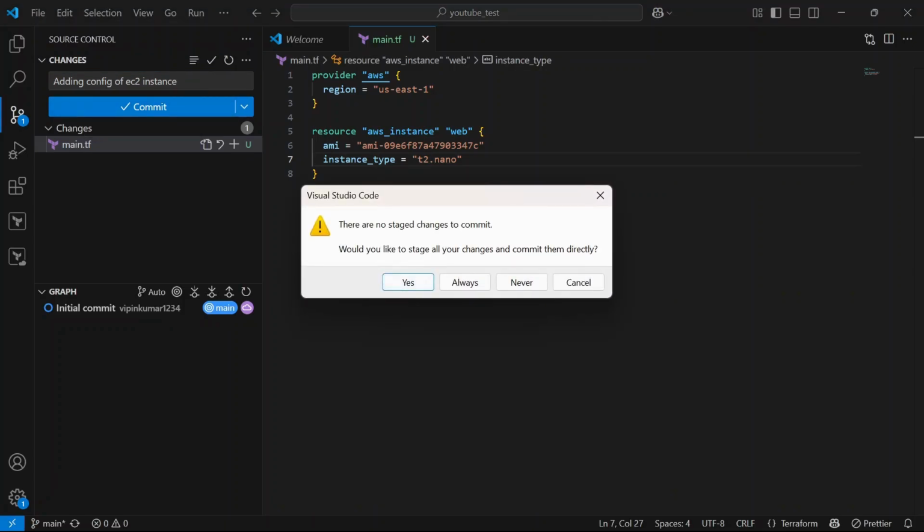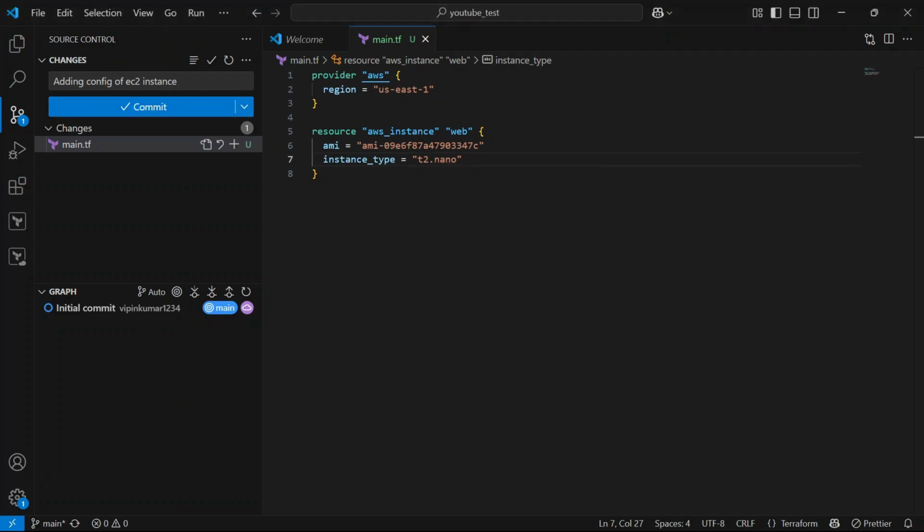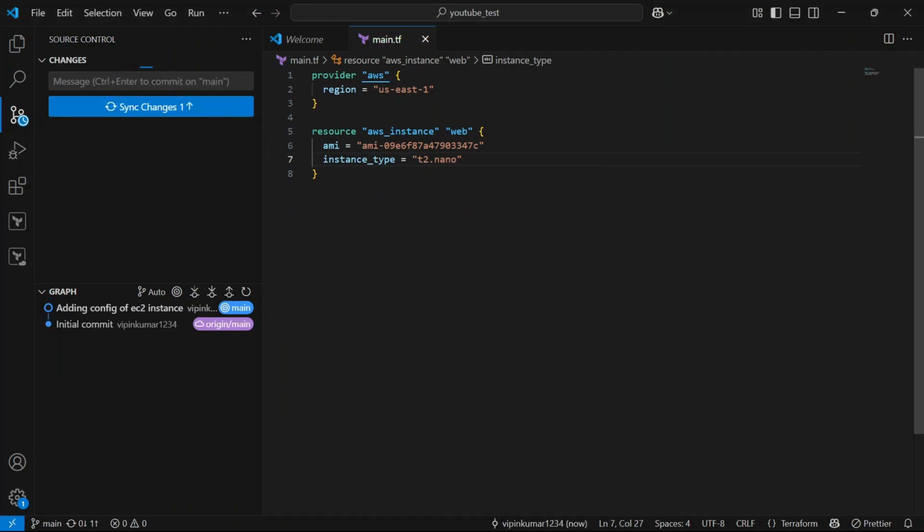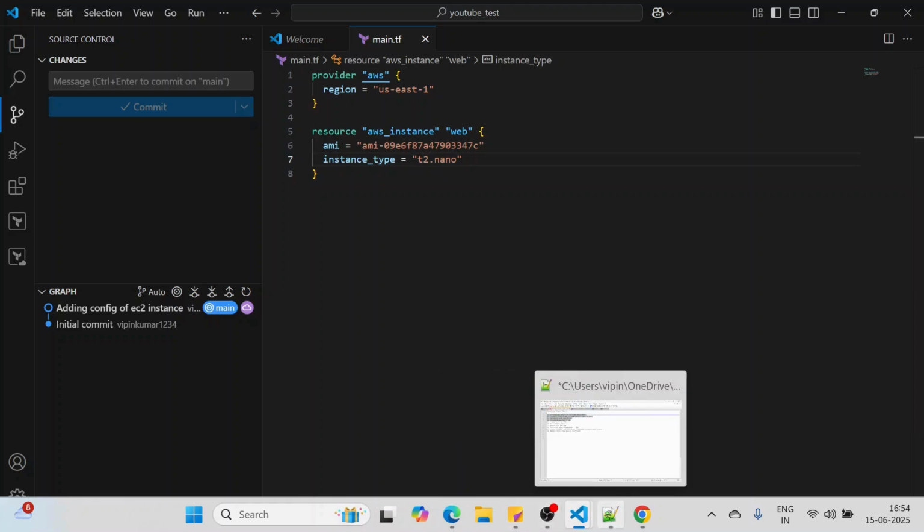Would you like to stage all of your changes and commit them directly? Yes, I want to commit it and sync the changes. So our changes are getting pushed to GitHub.